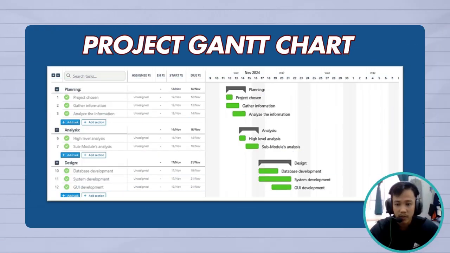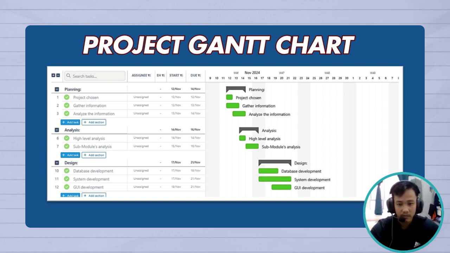Assalamualaikum. My name is Daniel. I will be presenting about the project development. In the project, we have three tasks. The first task is the planning task. The first step is we choose the project title. For our group, we chose the British Airways website. The next step is we gather information about this airline, and the third step is we analyze all the information that we get, and in this process we also divide and give tasks to each of the group members.